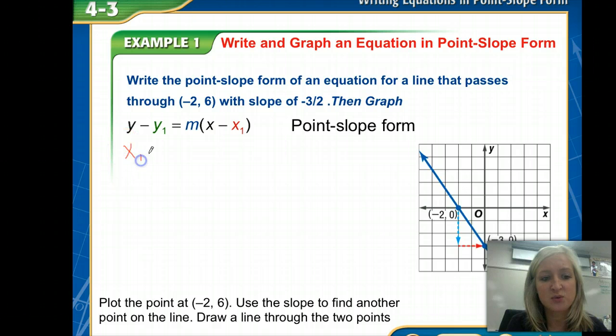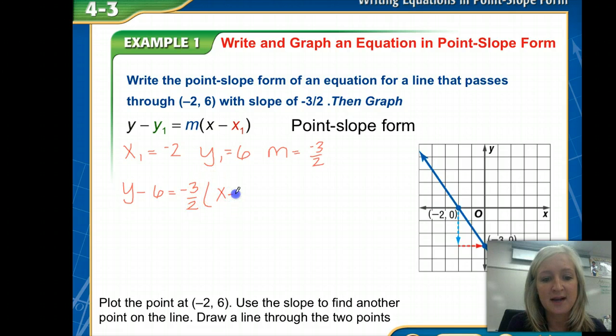I know that my x1 is -2, my y1 is 6, and my slope is -3/2. So I plug it into the equation, and it's y minus 6 equals -3/2 times x minus -2, which becomes x plus 2. And that is your equation